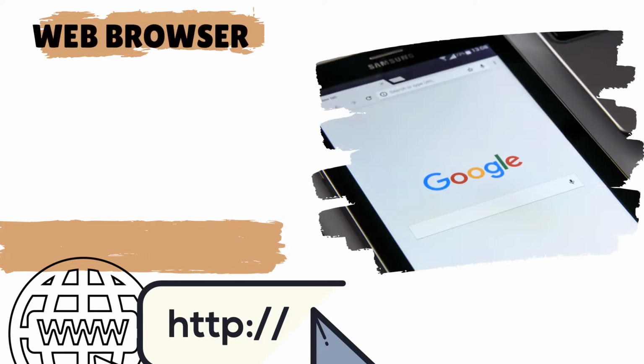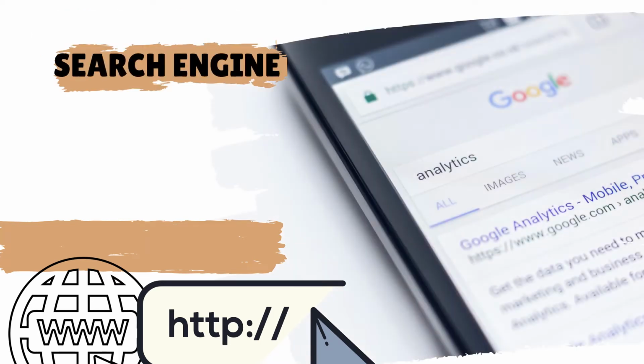Web browser. It is an internet application program used to access the website or information in the World Wide Web. Some popular web browsers are Google Chrome, Microsoft Edge, and Safari. Search engine. A software designed to search data and information in a web in a systematic way. During the search, it collects and organizes content from all over the internet. Examples are Google, Yahoo, Bing, and MSN.